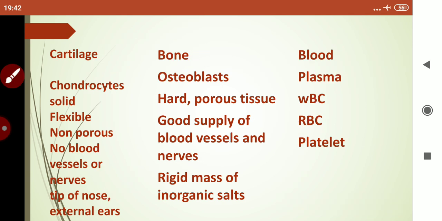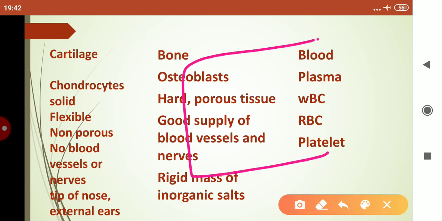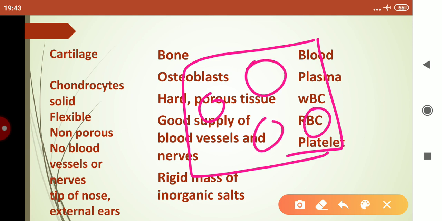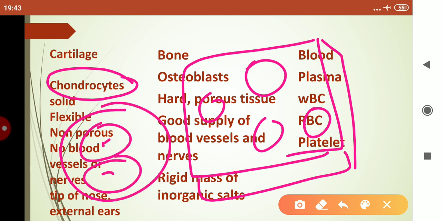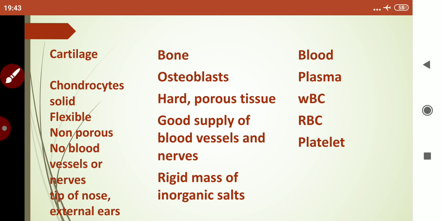Children, I am again repeating. Chondroblasts are present on the surface of the ground substance and they are responsible for secreting the ground matrix. When chondroblasts move inside and are present in between the ground matrix, these cells become inactive and are not involved in the production of ground substance, or they produce it very slowly. Then they are called chondrocytes, and these chondrocytes are present in a cavity. That cavity is called lacuna. This was about cartilage cells, that is chondrocytes and chondroblast.